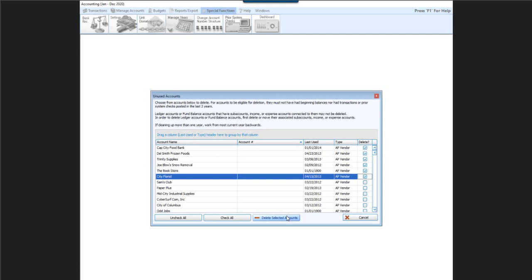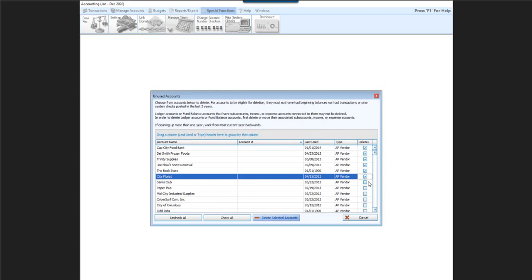Folks, clean up your chart of accounts. Don't keep accounts that you don't need. Okay. It's the way it keeps the chart of accounts manageable on an annual basis. So again, use this function. You can really keep your chart of accounts in a manageable format by deleting accounts that you're no longer using. And trust that if you do delete it and a month later you go, oh, I needed that account, just go back in and add it to the chart of accounts. Okay? There's nothing in here audit-wise that we have to be concerned with in the current year. Okay?